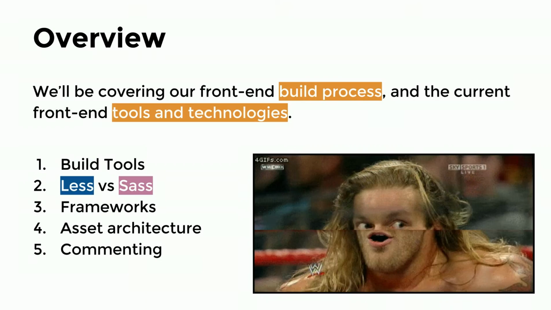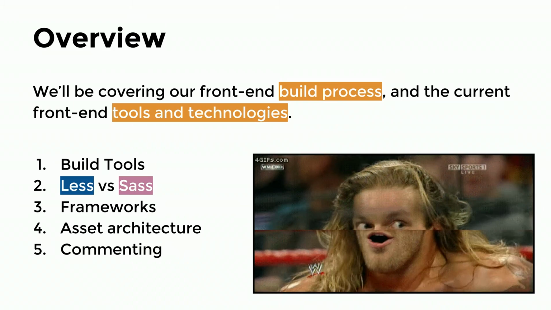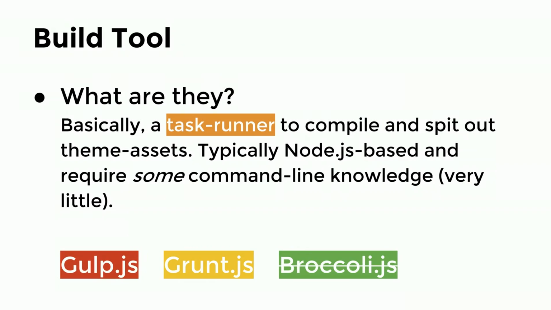So yeah, this is the overview. This is kind of what I was talking about. This is basically what we'll cover. Pretty cool. So first up on the list is selecting a build tool. I think your architecture is equally as important, but getting this tool selected and understood across your team, or even just as yourself, is really important because it's what drives everything. And so there's three main ones. Well, not really. Broccoli is still young and fledgling, but Gulp and Grunt are the main ones.